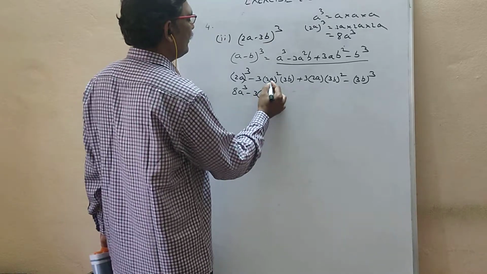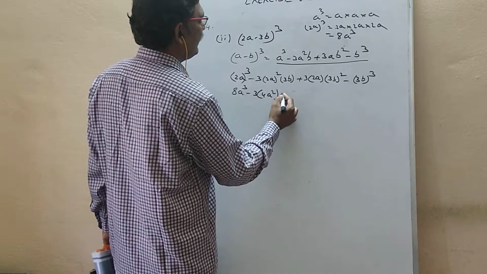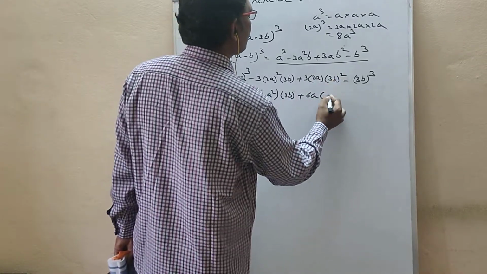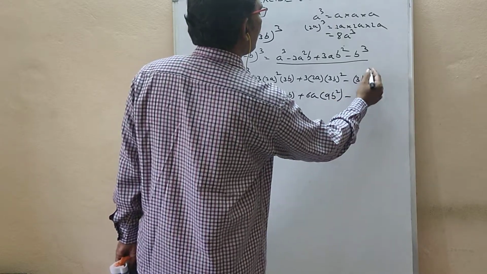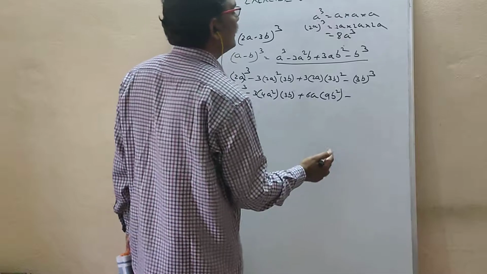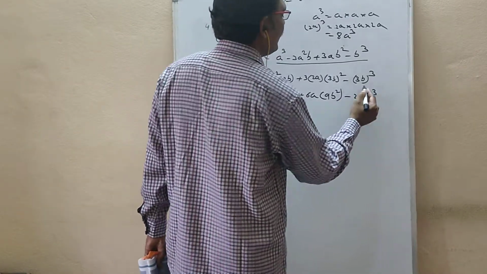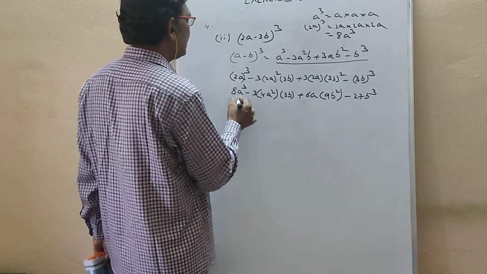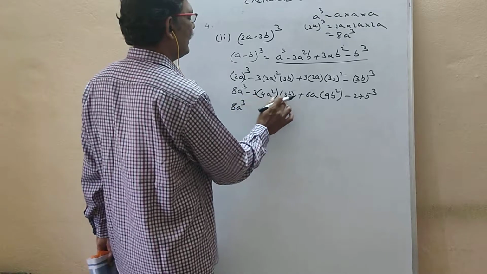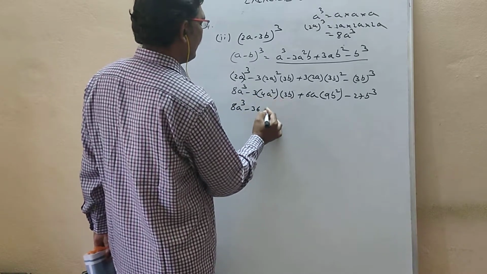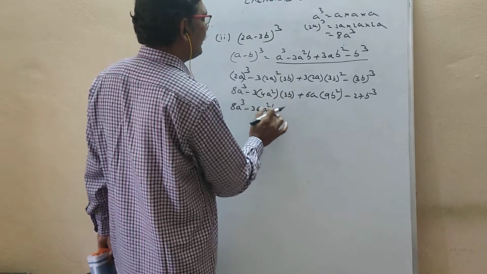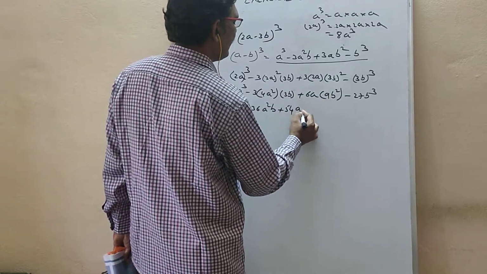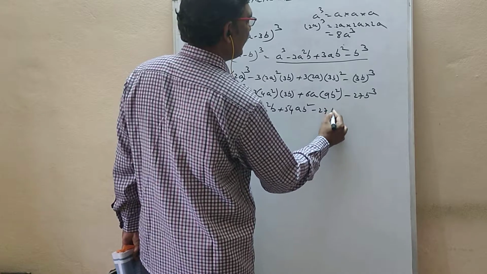So minus 3 into this. If you simplify, 4a square into 3b. So 3 into 2a is 6a. 3b whole square means 9b square. 3b whole cube, 3b into 3b into 3b, so you get 27b cube. Now still you can simplify it. 8a cube as it is. You can't simplify this. Now 3 4s are 12, 12 3s are 36, a square b, because a square and b alphabets are there. Now 6 9s are 54, ab square, minus 27b cube.